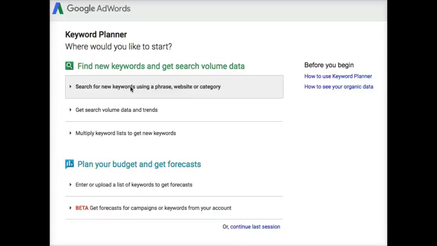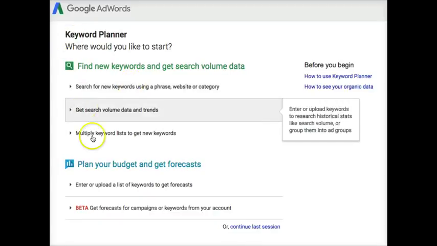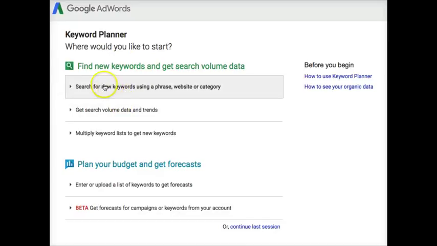And so we're going deeper into the rabbit hole here. So what we want in this keyword planner, once we get to this page, and this page hasn't changed much for a couple of years now at least, but who knows when they might change it. But what we want is to find new keywords and get search volume data.